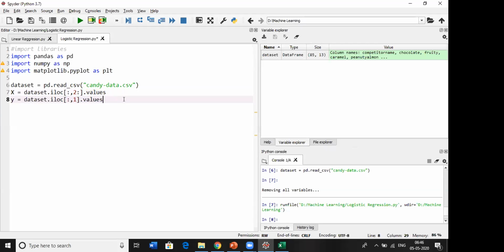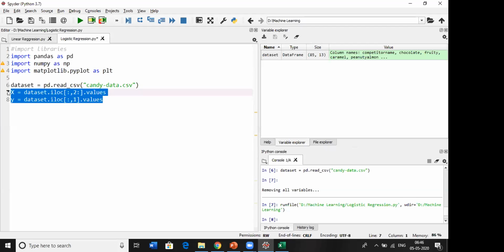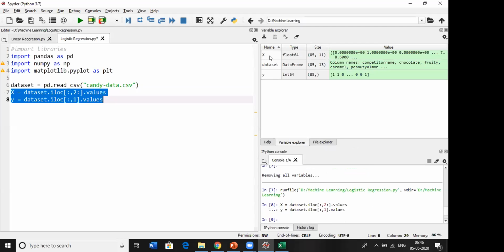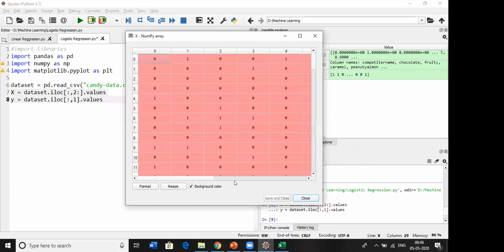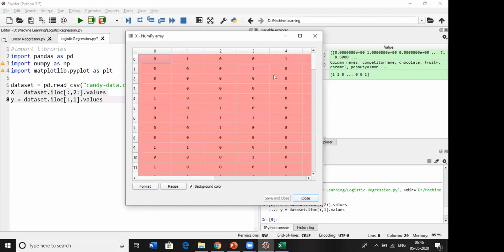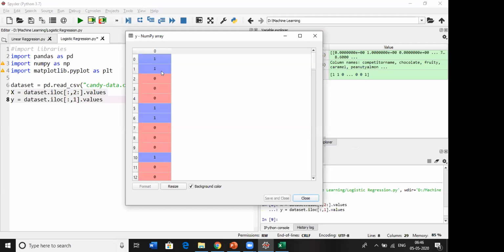Select this, Ctrl+Enter, and we got the x and y values. x is this data set, and y is the dependent variable, what we are going to predict.